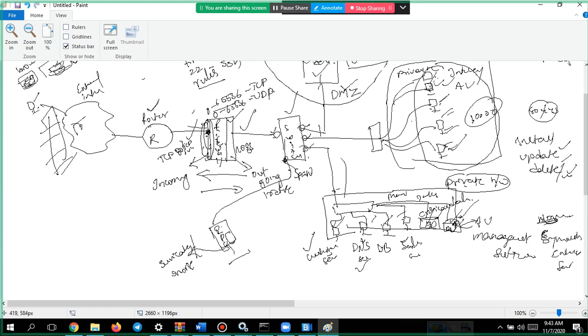And this software checks the incoming and outgoing traffic passing through this switch, and finds which traffic is suspicious based on signature.